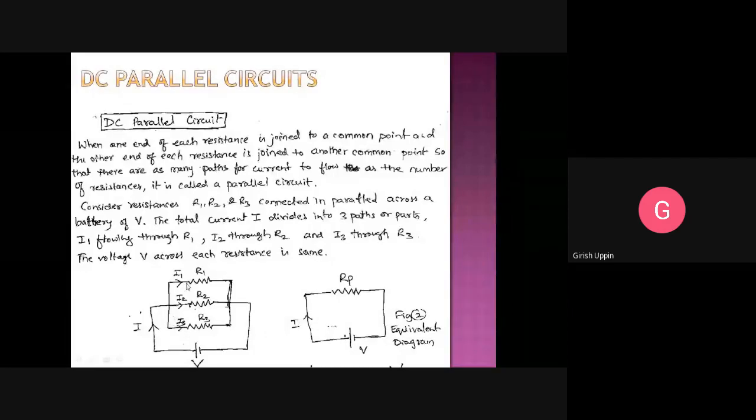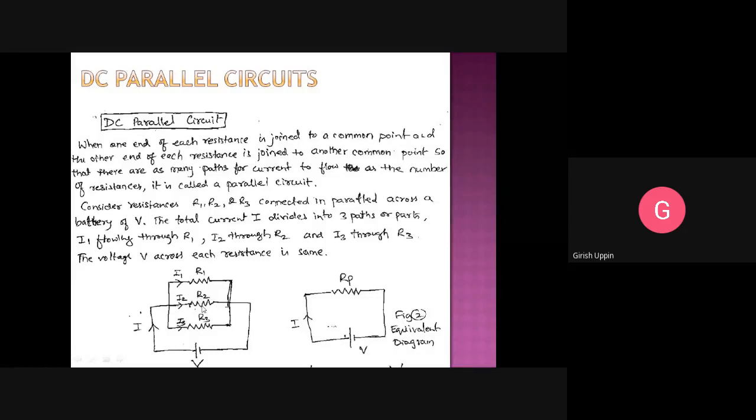So here the total current of the circuit I, when it comes to this node, has three different paths to flow. This is the first path, second path, and third path. Whenever multiple paths are provided, that means the components connected there are in parallel. Current will flow in each of those paths, and the amount of current depends upon the resistance value of that particular path.